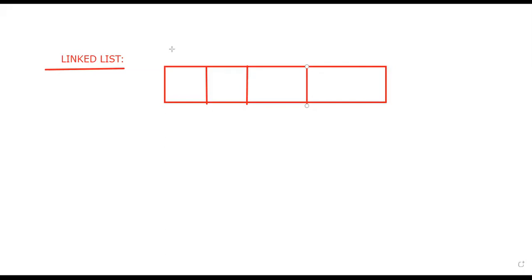For example, this is the name of the array A. This is location 0, this is location 1, this is location 2, and this is location 3. In these memory locations, we can save the data.